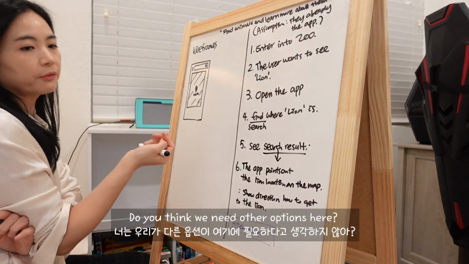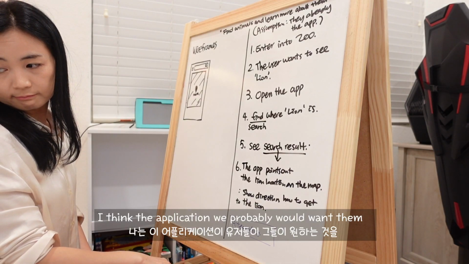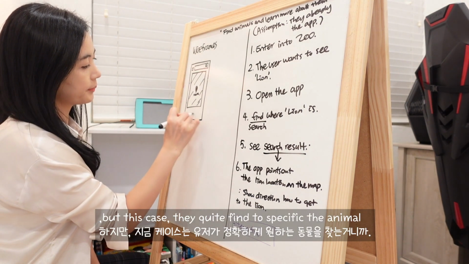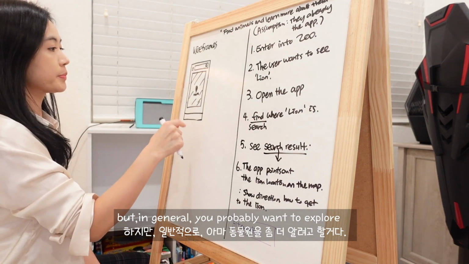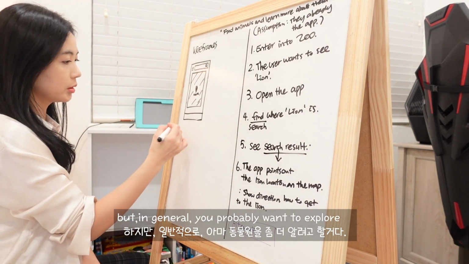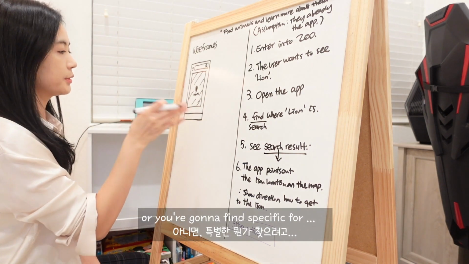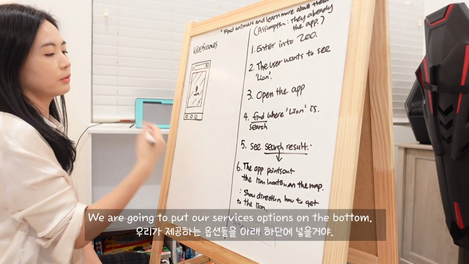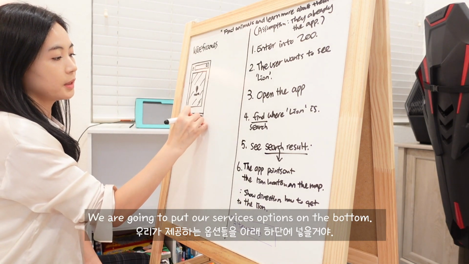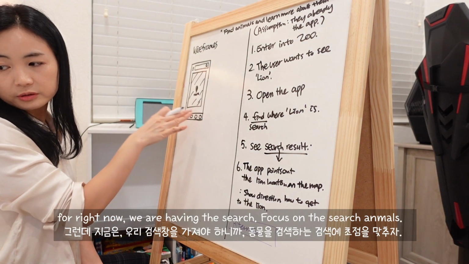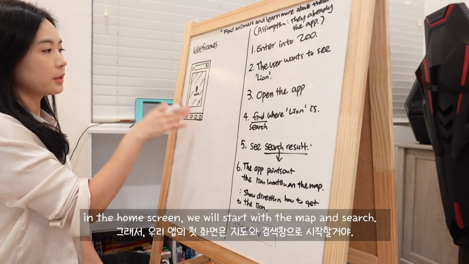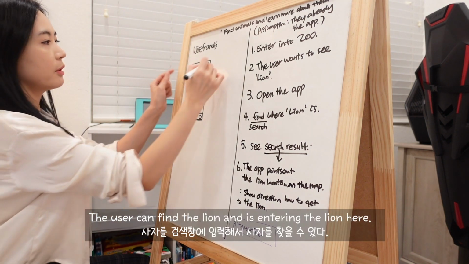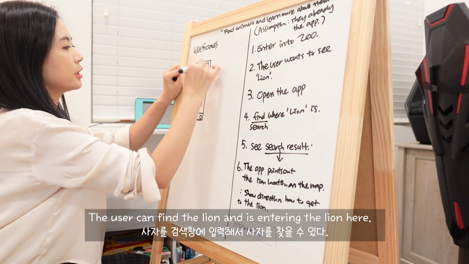Do you think we need another option here? I think that for the application, we would want to give them options for what they want to do. In this case they are looking for a specific animal, but in general you probably want to explore or find something specific. So probably on the bottom menu we are going to put our service options. But right now we have the search. Focus on searching for an animal. So on the home screen, we will start with the map and the search, and then the user can find the lion by entering the lion here,